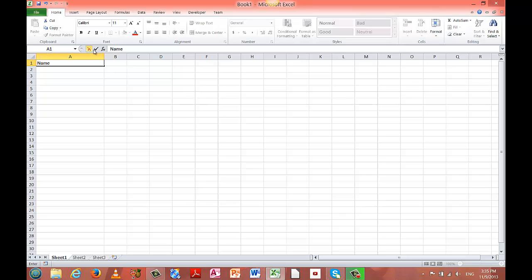And I want to show you one other thing too while we're in the area. You'll notice that this area where name appears, and that happens to be the text that I've typed into cell A1, when cell A1 is active, then anything I type in is going to appear here. This is known as the formula bar. And the formula bar really serves two purposes. Number one, as I type data into a cell, or if I move away from the cell and then come back and point and click on it again, that cell data will appear in the